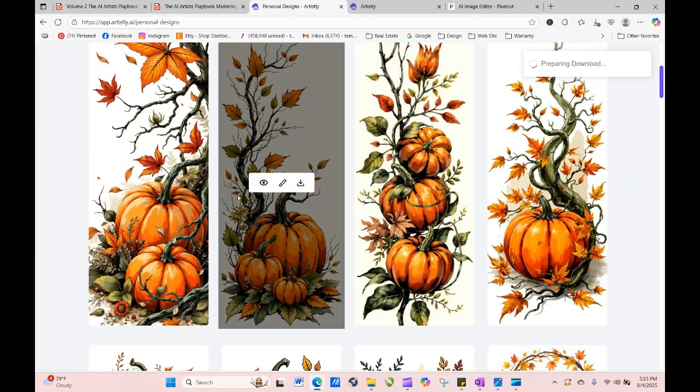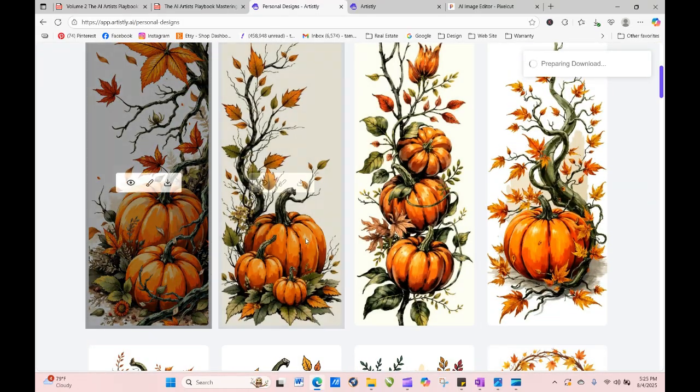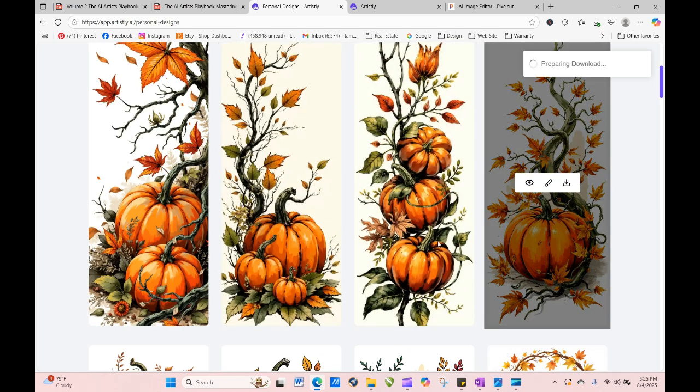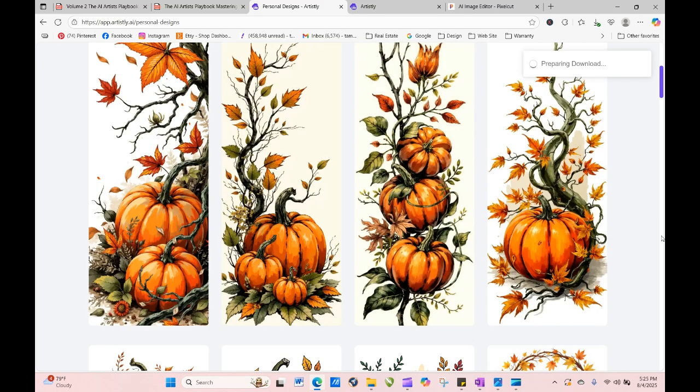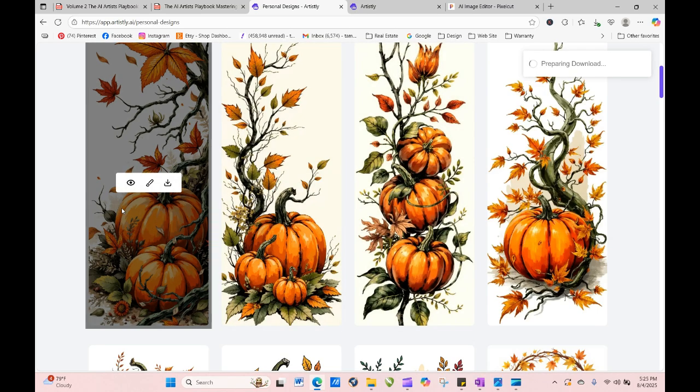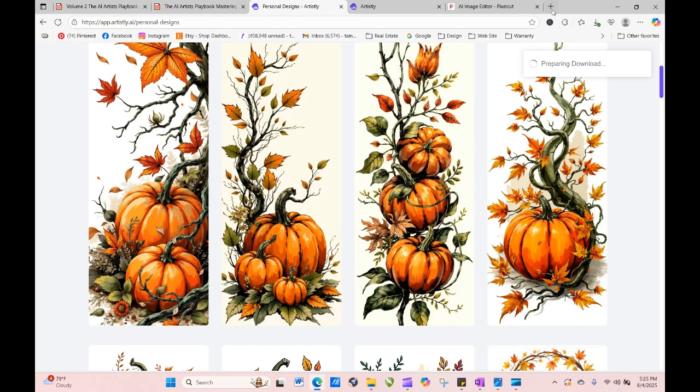These are much lighter, not quite as many shadows and that sort of thing. Still very, very pretty. Okay, so let's see if we can turn these into some productive products. What are some things that we might use these for other than, like I was saying, sublimation and stuff like that? We could definitely use these to create some amazing